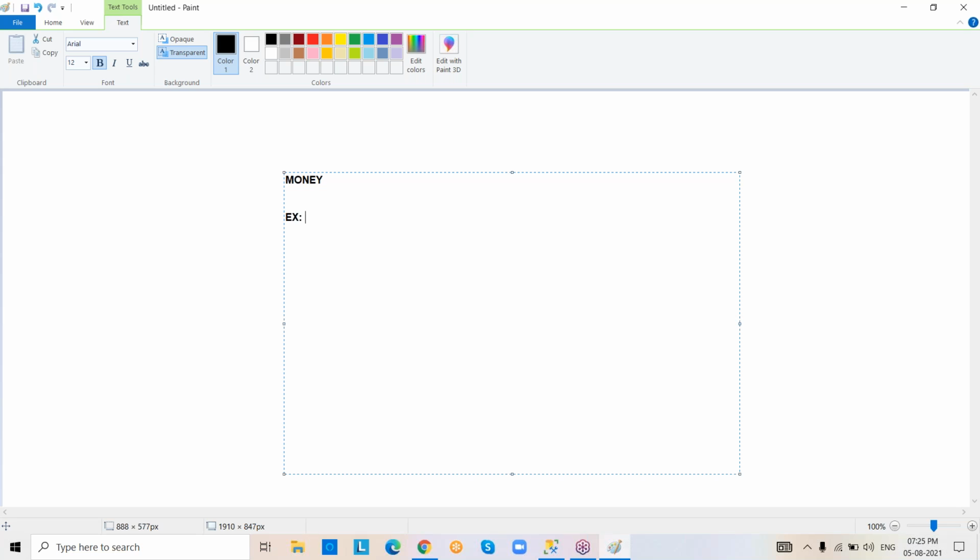For example, I want to store data like $10. $10 is the number, but the dollar symbol is a special character, right?